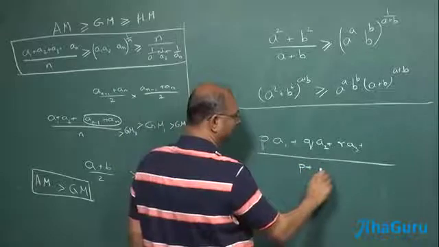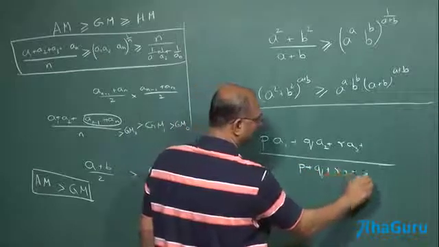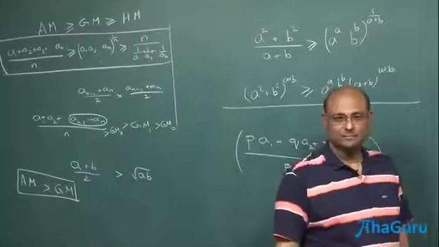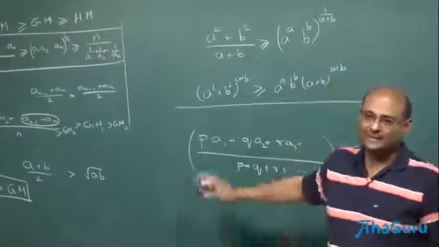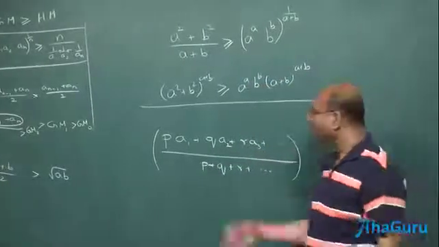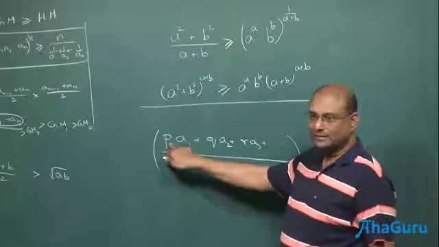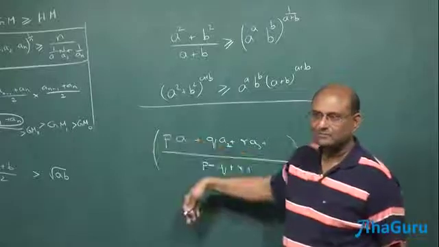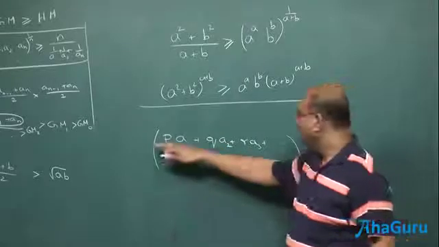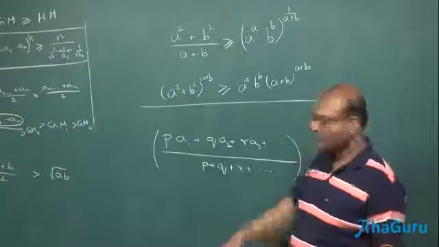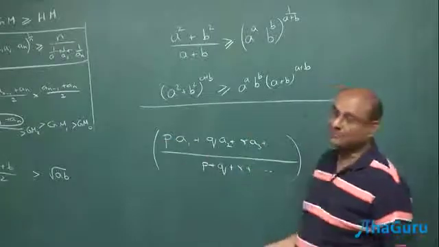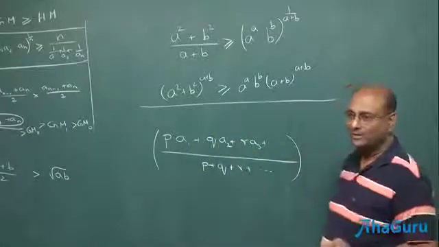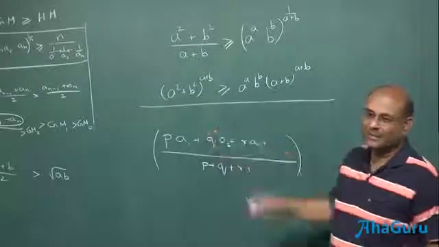This thing divided by P plus Q plus R plus, and this must be greater than the geometric mean. Here we are assuming P, Q, R, etc. are integers, natural numbers. But later on you can say, well, if this is a natural number and you want a fraction there, this divided by this is also like a fraction. Okay, divide everything in the numerator by 5. Now you have lots of fractions. Divide everything in the denominator by 5. So if it is true for natural numbers, you can convert it and say it will be true for fractions, because you are dividing numerator and denominator by 5, it won't make any difference.